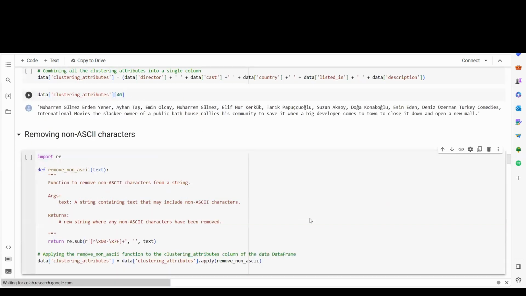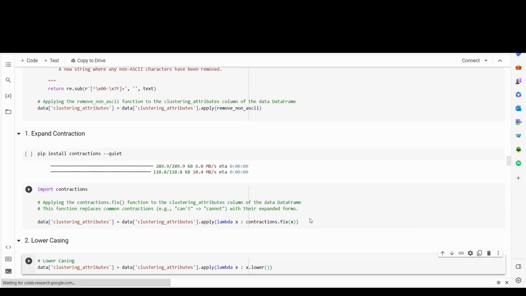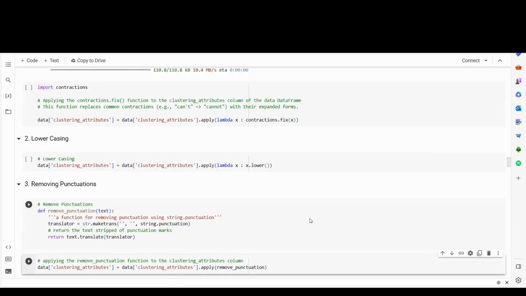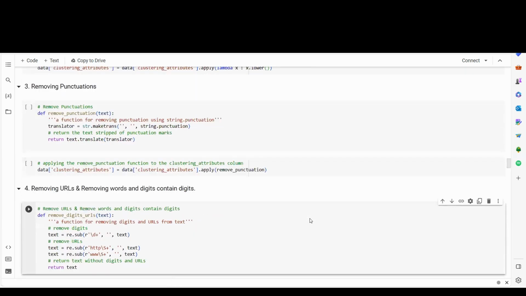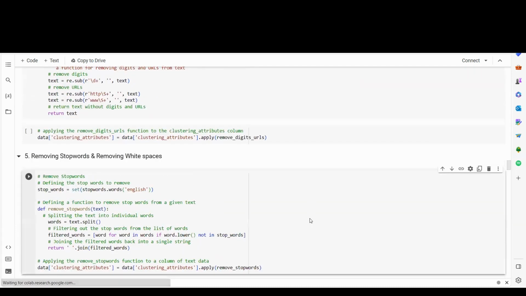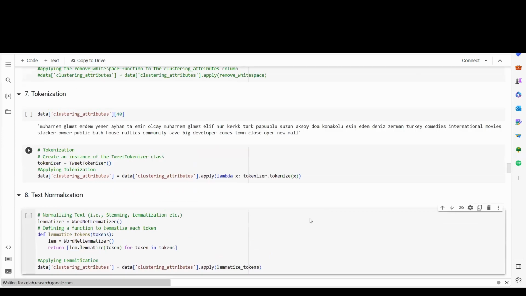So move on with these. Removing non-ASCII characters, expanding contractions, lowercasing, removing punctuation, removing URLs, removing words and digits, removing words that contain digits, removing stop words and removing white space, tokenization,